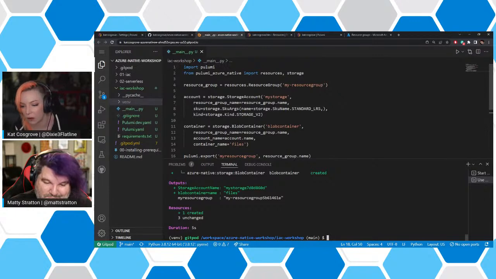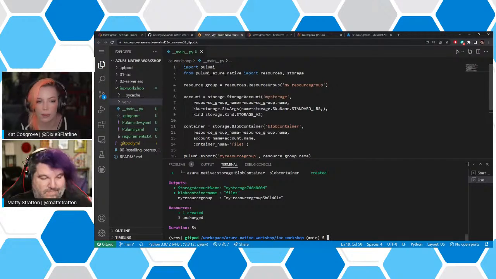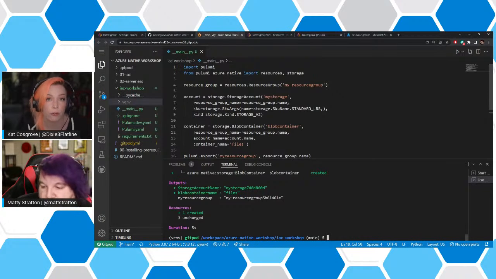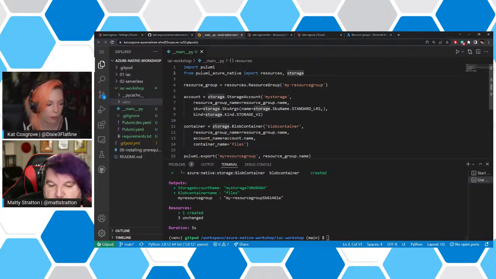Maybe it depends on whether this is dev or prod, or you just decide that you want something named differently for whatever reason, or you're importing a value from another application and it needs to be able to change. It's not static. We do that with Pulumi config.